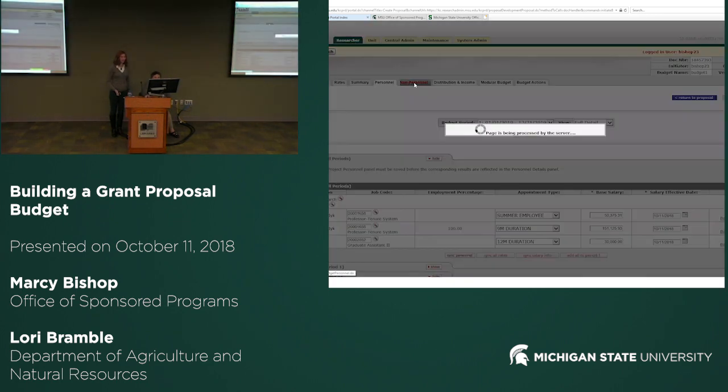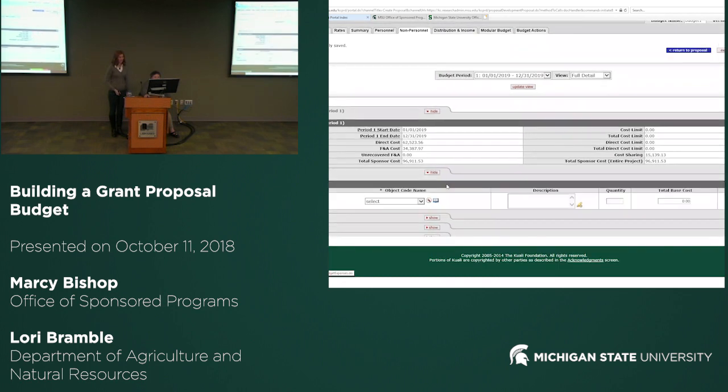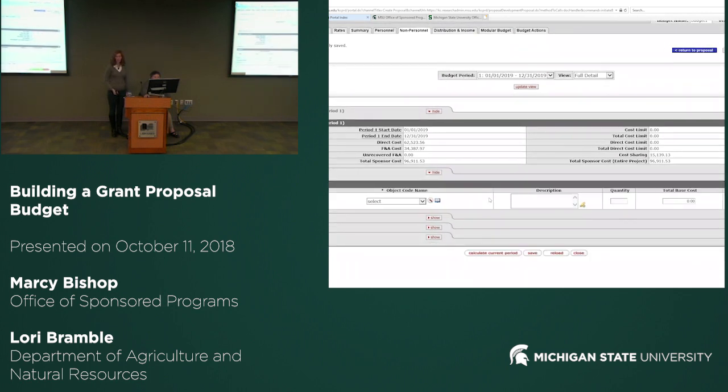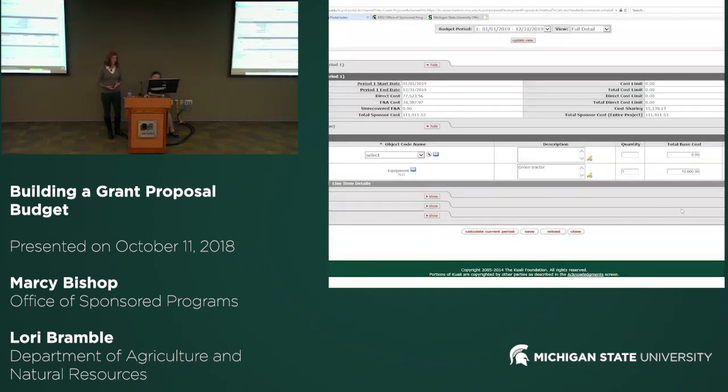So now we're going to show you. You would click on non-personnel, and then you'll see here there are some budget categories. We've opened equipment, and then you can select. You can enter a description of what this equipment is. It can be a centrifuge or -80 freezer, something like that. And then enter your cost, and don't forget to hit add. Once you add that, you'll see how that dropped down into the budget.